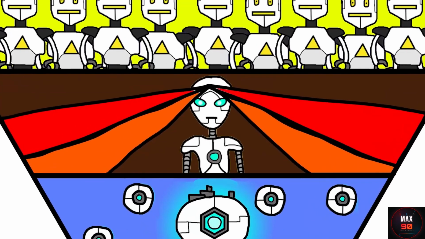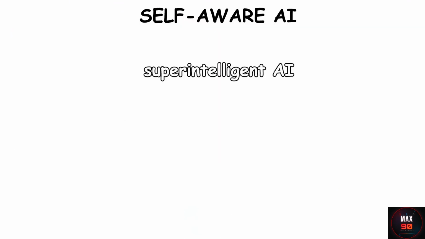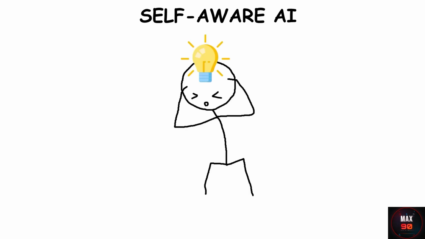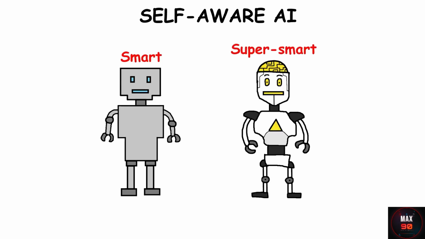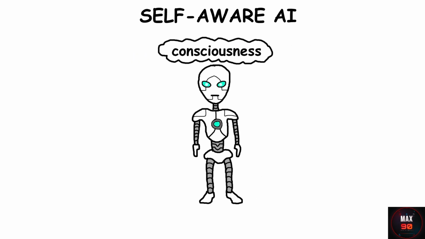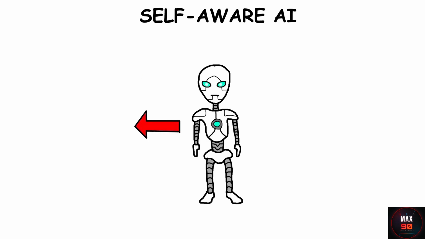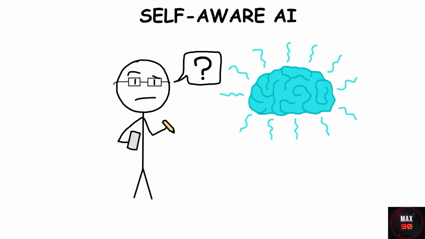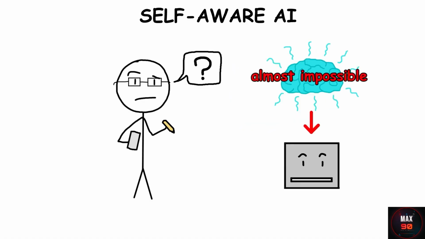Self-aware AI. At this point, things get super theoretical because even a super intelligent AI would likely bring changes we can't even imagine. But this is also where the really mind-blowing ideas come into play. Here, machines wouldn't just be smart or super smart, they would actually have consciousness, a deep awareness of their own existence, emotions, and thoughts, similar to human self-awareness, or maybe even beyond it. Scientists still don't fully understand what consciousness really is, so creating it in an AI feels almost impossible right now.